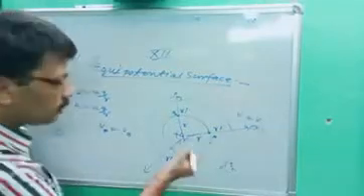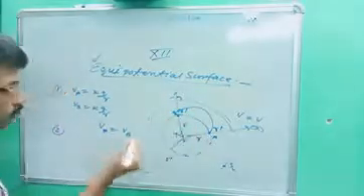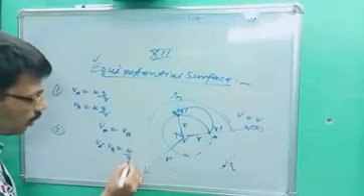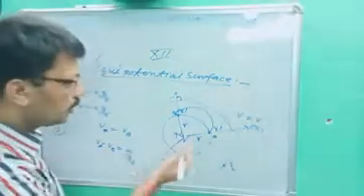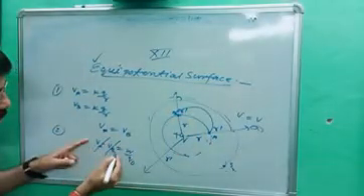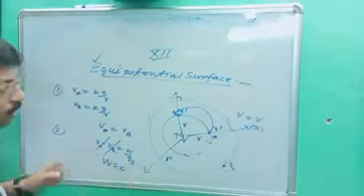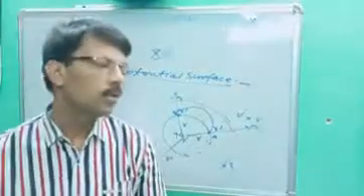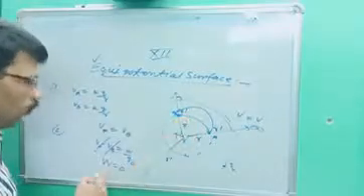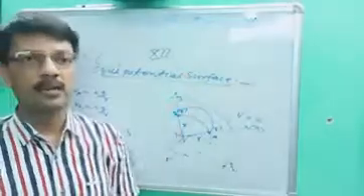And last, let's suppose any charge is brought from point A to point B on the same surface. So what is the total work done? VA minus VB is equal to W upon Q naught, by the definition of electric potential difference. Since potential at A is equal to potential at B, it will cancel out, and W is equal to 0. So the amount of work done to bring the charge from one point to another point on the same surface will be 0. So this is the introduction about equipotential surface and its characteristics.